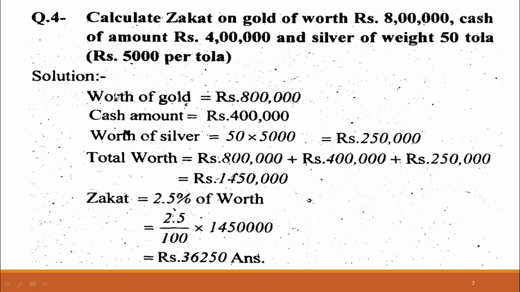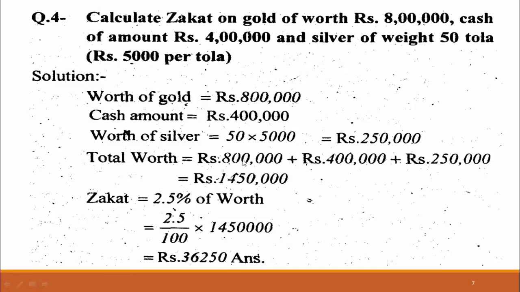So first of all, find the total amount. Gold is equal to 8 lakh, cash amount 4 lakh, and the silver amount. Because in this question, the person has 50 tola silver, and the per tola silver rate is 5,000. So 5,000 multiplied by 50, we obtain